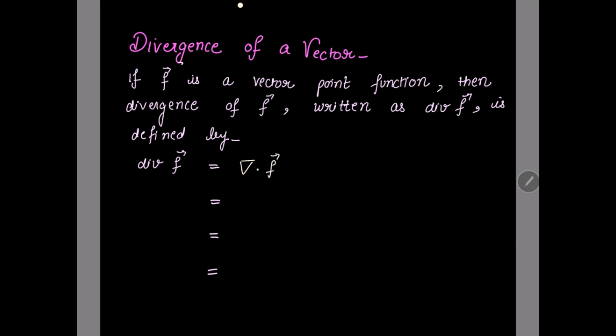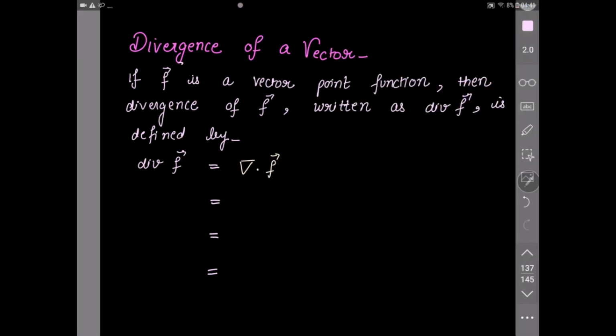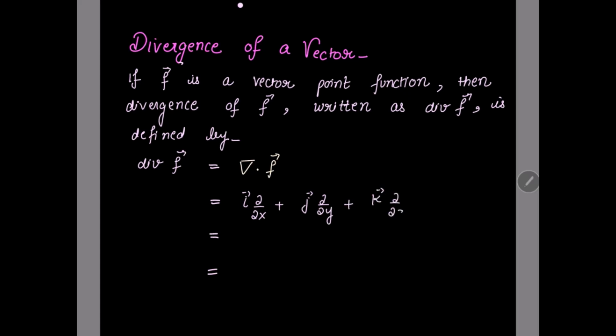So we are having a dot product of the del operator with function f, which is equal to, this del operator is equal to i ∂/∂x plus j ∂/∂y plus k ∂/∂z and its dot product with f vector. So which is equal to